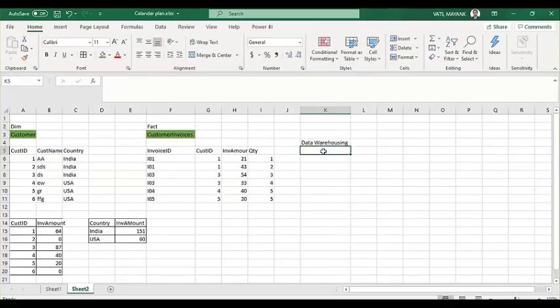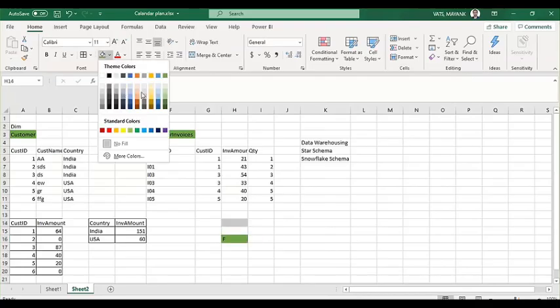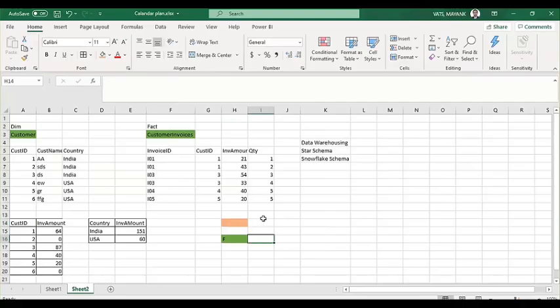You can build a data model using the star schema and the snowflake schema, and some other schemas, but these are the two famous, commonly used ones. In a star schema, we just keep one fact. This is my fact, and around this fact we will have the dimensions. This is, let's say, your customer.